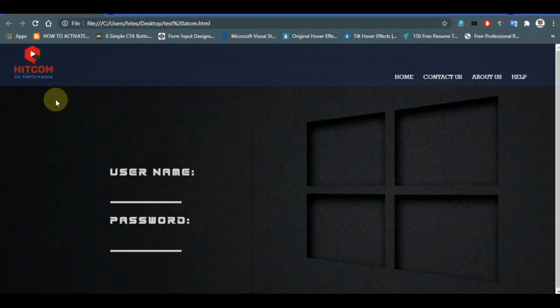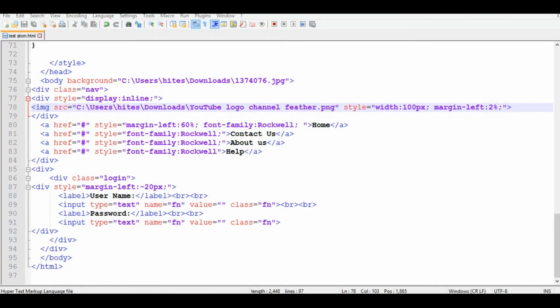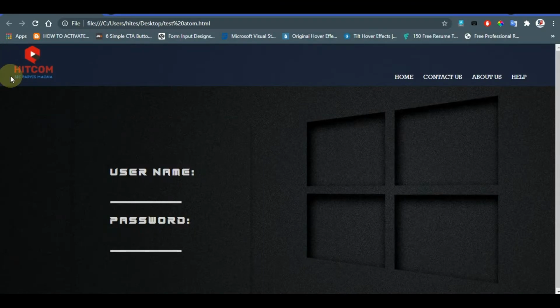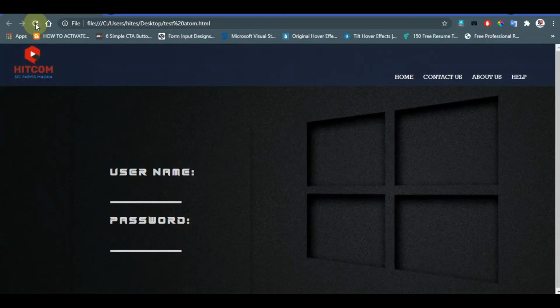Margin left means the photo will be visible a bit to the right side, because the left margin of this photo will be increased. I have put it here as 2%, meaning it will be increased by 2%. If there is no margin, suppose I put it as 0, then the photo will be more on the left side.